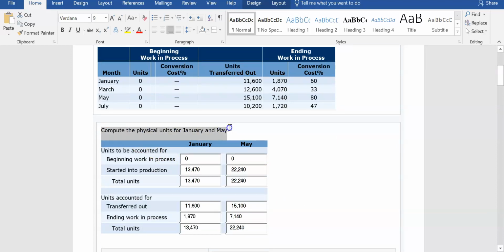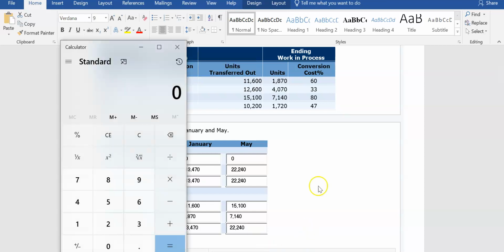We are going to compute physical units, or we're going to follow the flow of units for 2 months. We're just going to pick the month of January and the month of May. Both of these months started with no units in beginning inventory. Right? Neither one of them had any units in process. The number of units of inventory that must have been started during those months would include everything that had been transferred out, plus all of the units that were still in process. Because if they started with 0 units,